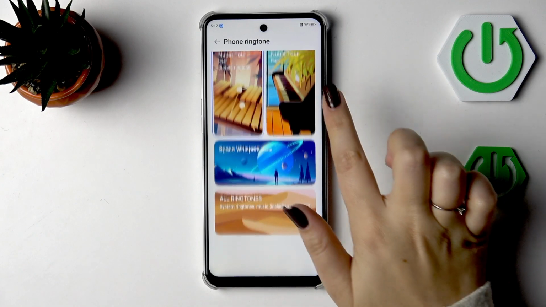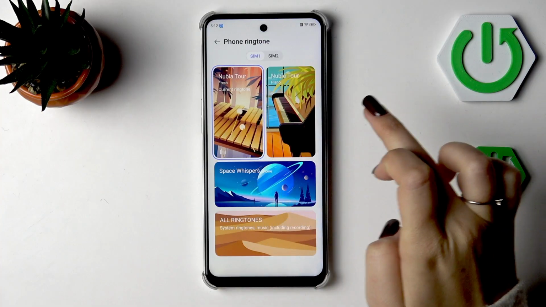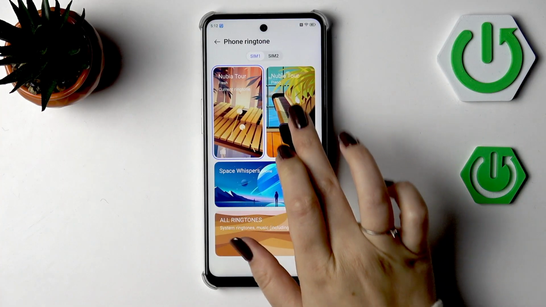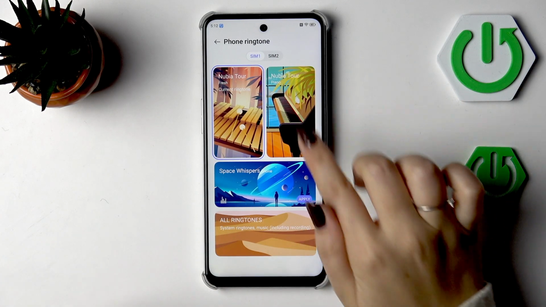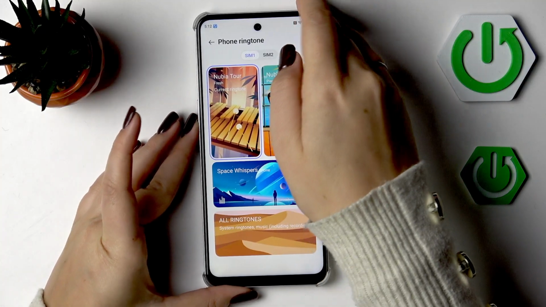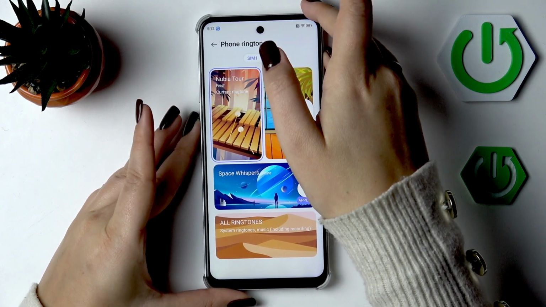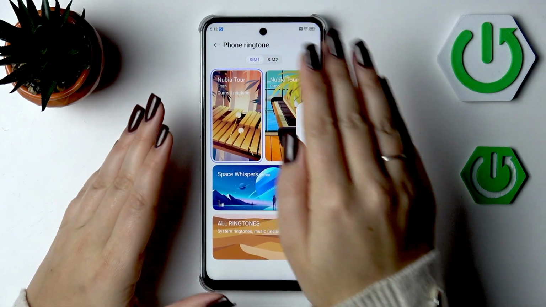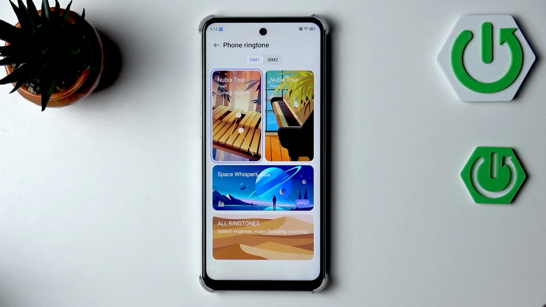And here we've got the ringtones which are highlighted, let's say, because we've got the tour here, which is our current ringtone. We've got the piano here, space whispers, etc. All right, I mean, it's a little bit too loud for my liking, so let me just volume it down. But if it is not enough, and let's be honest, here we've got only 3 different ringtones, so all we